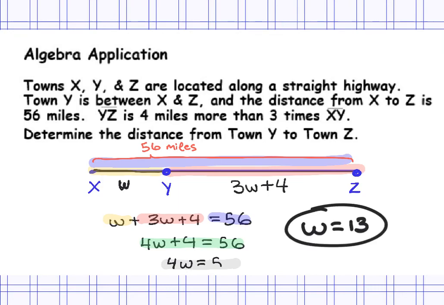At this point, I reread the problem and I see that I need to determine the distance from town Y to town Z. So town Y to town Z is represented by 3W plus 4. So now I just simply have to take my value for W and substitute it in for the W in the XY part of the equation, and I get 3 times 13 plus 4, which yields my final result of 43, and the units is